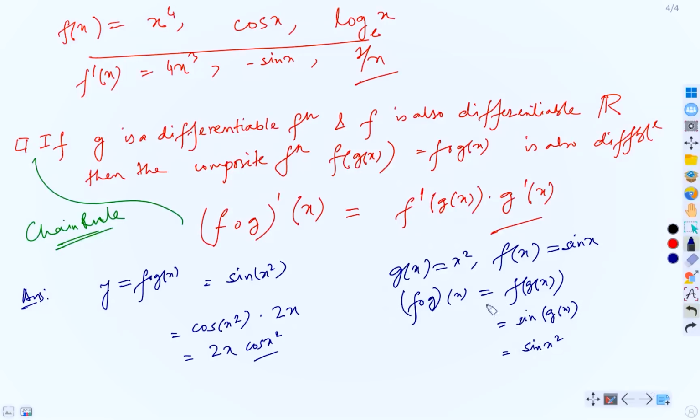Okay, now let's look at the other part, which is the beginning. As a beginner you should follow it this way so that you can understand, and it is easier to solve the problem. Okay, so let's now follow the alternate approach. We have our y equals sine x square, and as mentioned, let's say g(x) equals x square.